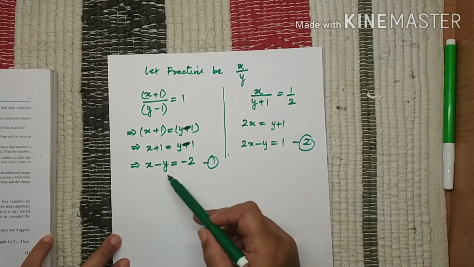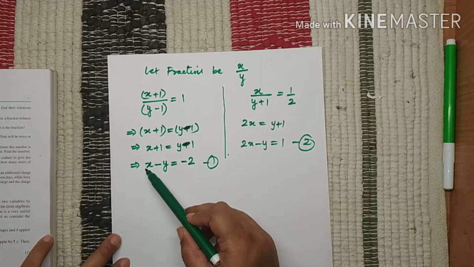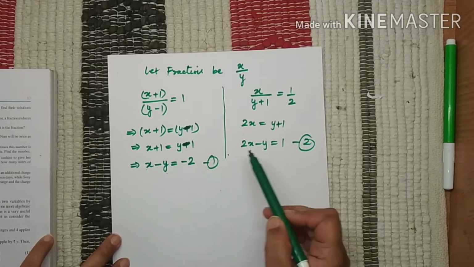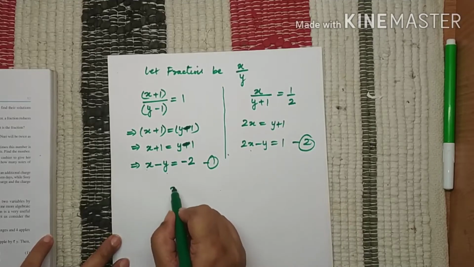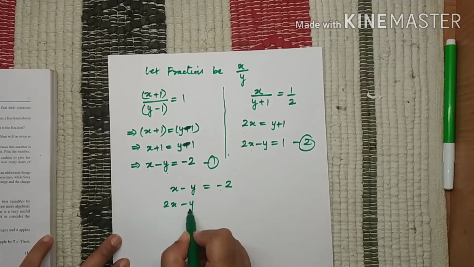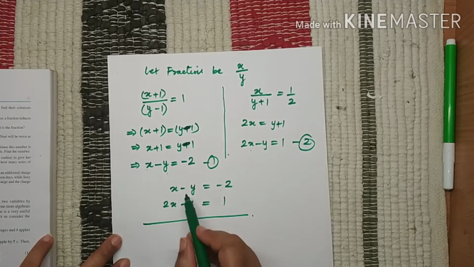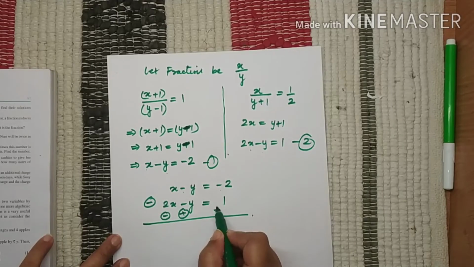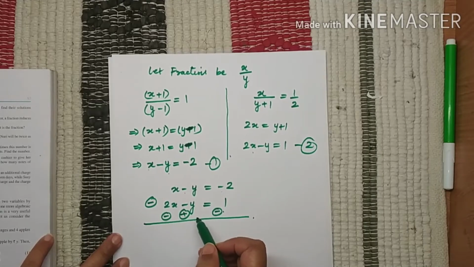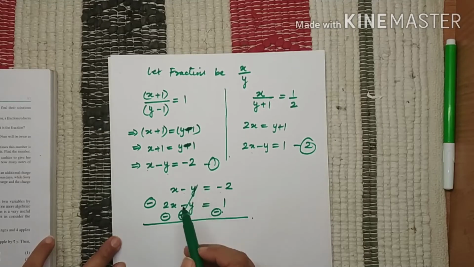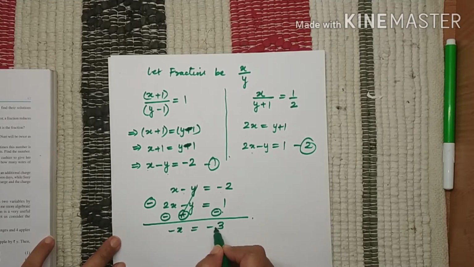Observe the coefficients of x and y in both the equations. First equation, the coefficient of x is 1. Second equation, the coefficient of x is 2. First equation, the coefficient of y is minus 1, second also minus 1. We observe the coefficients of y in both the equations are the same, so we can directly add or subtract the equations. Since the signs are the same, I'll have to subtract the equations, so the signs of all the terms change. I'm encircling the signs that we need to consider now. So this cancels. Minus x is equal to minus 3. Minus minus goes away, x is 3.